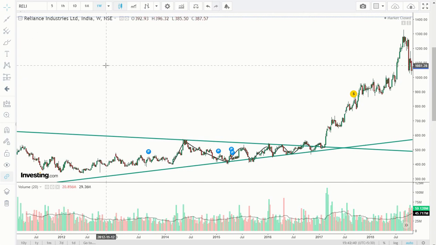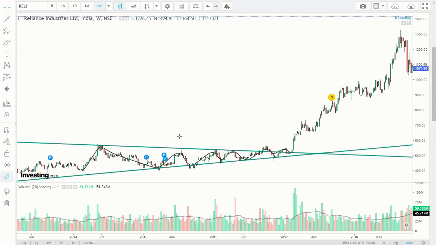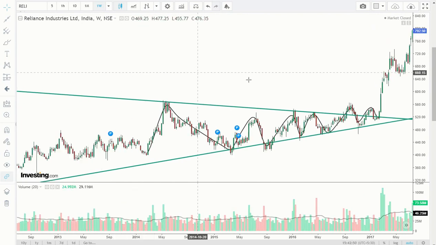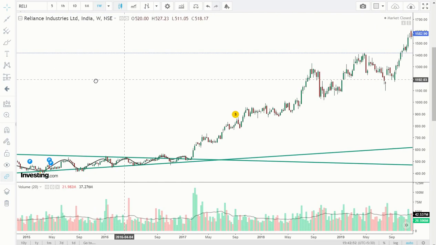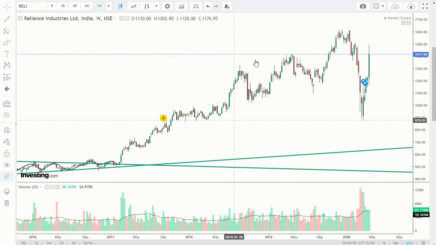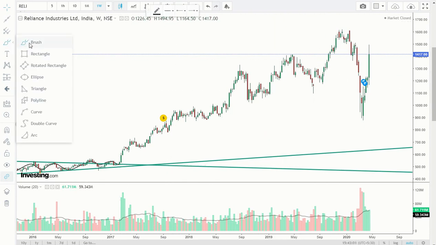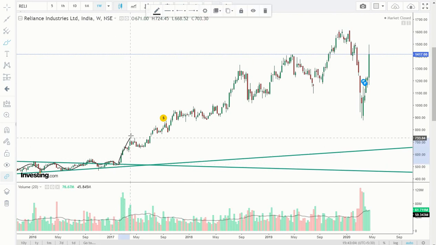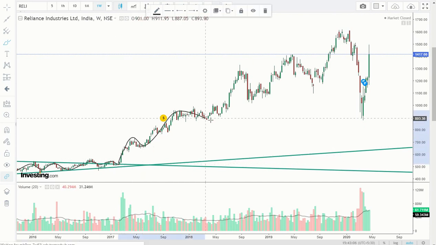Okay. It's not that simple. This is just one technique that I'm telling you guys. Okay. Now, how do you draw trend lines? We will see further, right? So now what happened is, here the prices were going up. First of all, what you do is you use this brush button, right? Prices started to go up from here, right? Like this it was going.